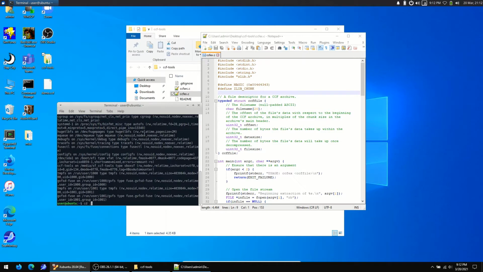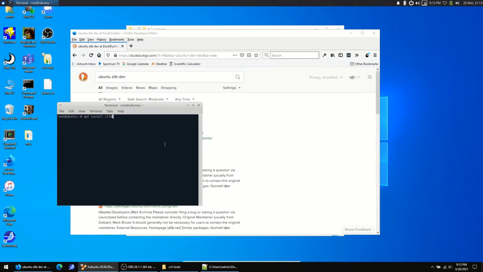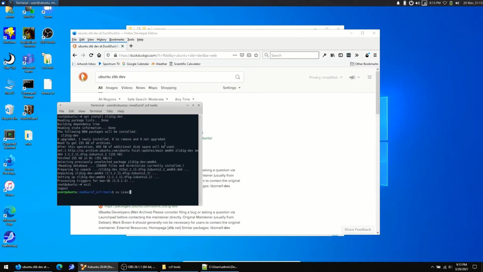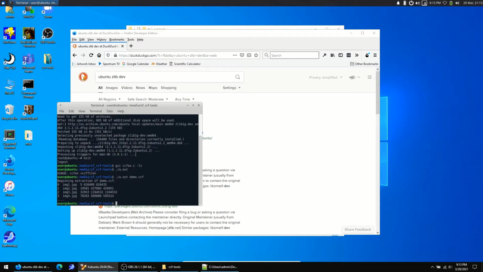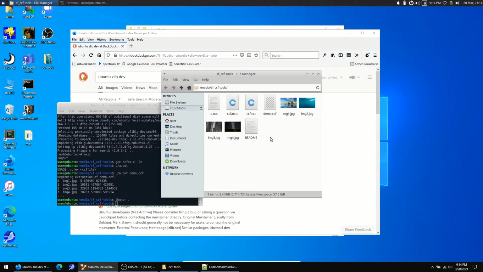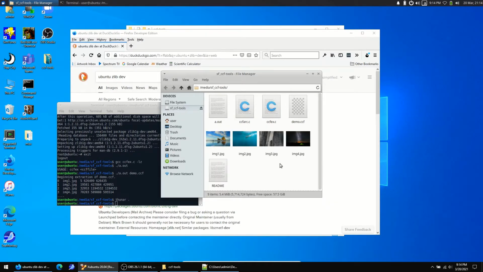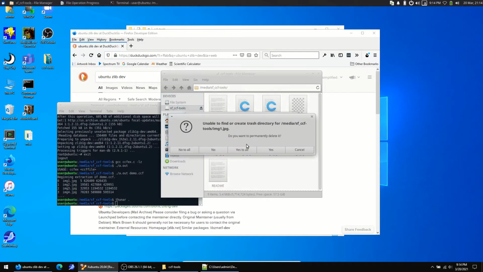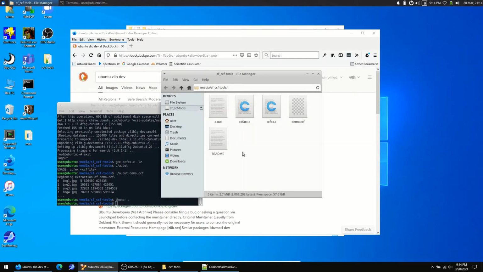I've got a Linux virtual machine here that I'm going to use. Now I'll compile the program. And if I run a.out, you see it's been compiled. I made an example CCF archive earlier so you can see the extraction in action. So if you pull open this file, you see these 4 JPEGs got extracted, and yeah, they're JPEGs. That's what they are. Anyway,